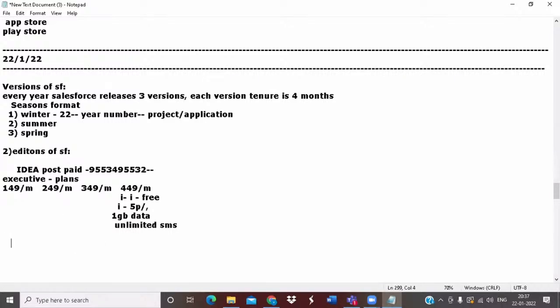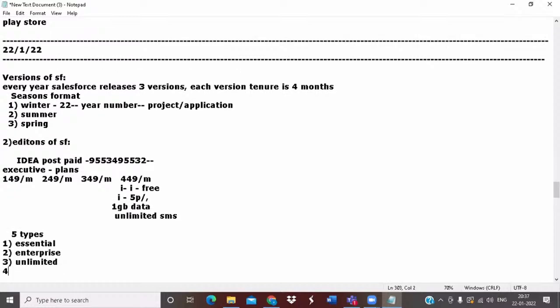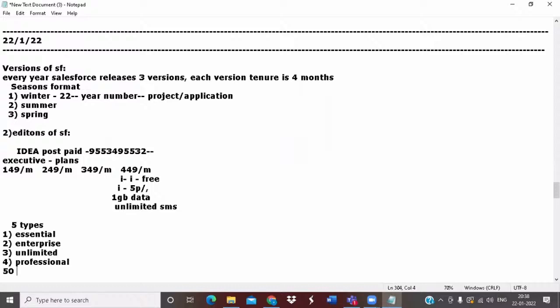So these editions are broadly divided into 5 types. The first type can be called Essential edition. Second one, Enterprise edition. Third one, Unlimited edition. Fourth one, Professional edition. Fifth one,